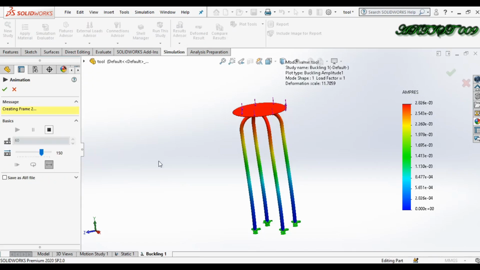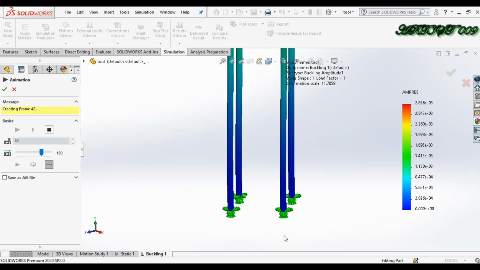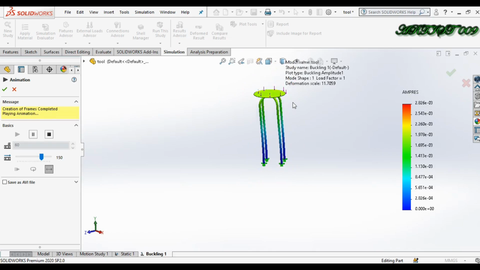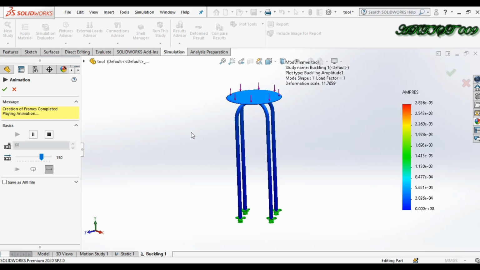If I animate it, here we fixed the base, that's why it is animating like this. Okay, so this is how